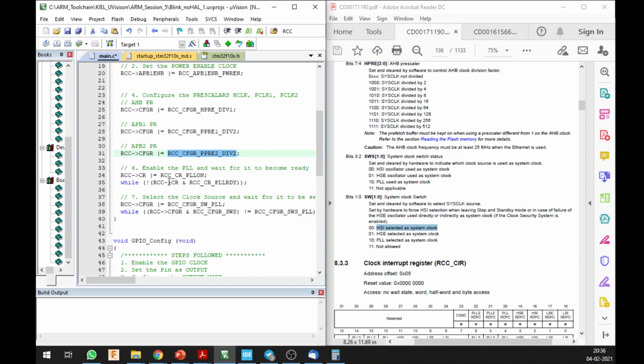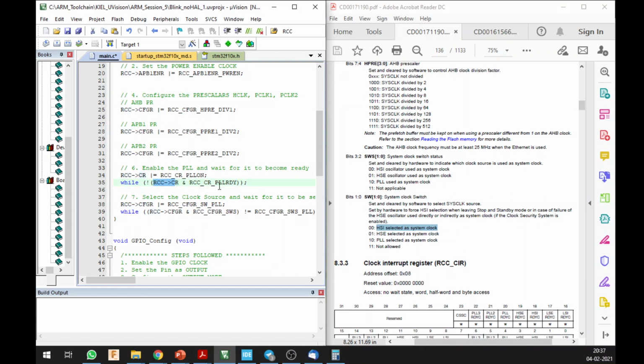Okay, so once you are done with this, we are going to enable the phase lock loop, because I want that to be enabled. I have an external input and I want my clock to be precise, and I will then wait for it to become ready. So over here I enable this, and in order to check that, I am going to do a NOT of an OR statement, of an AND statement.